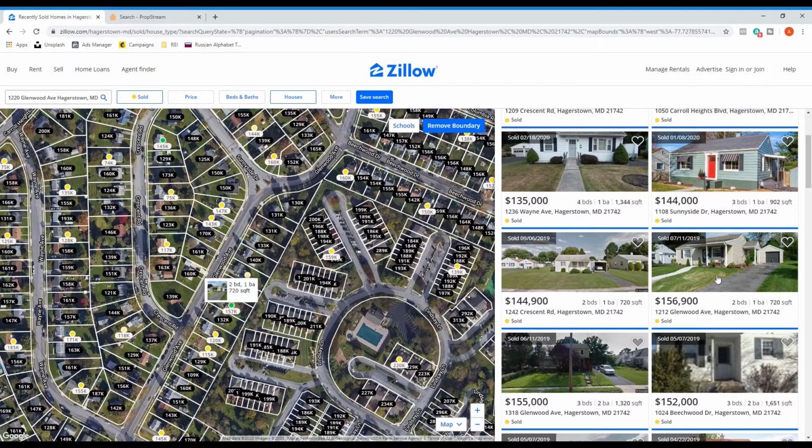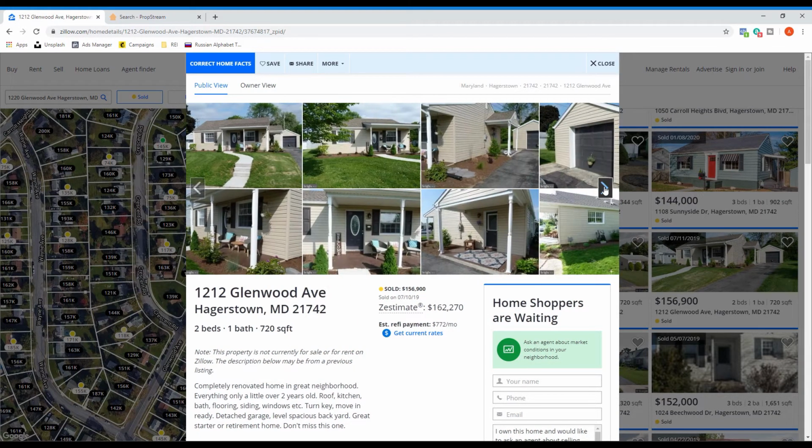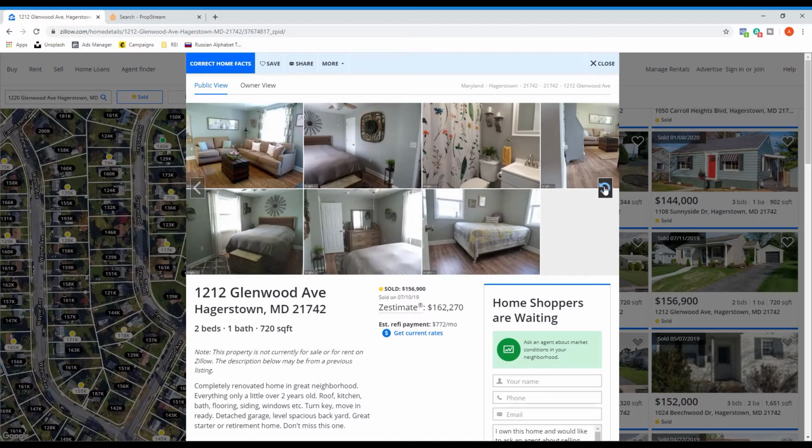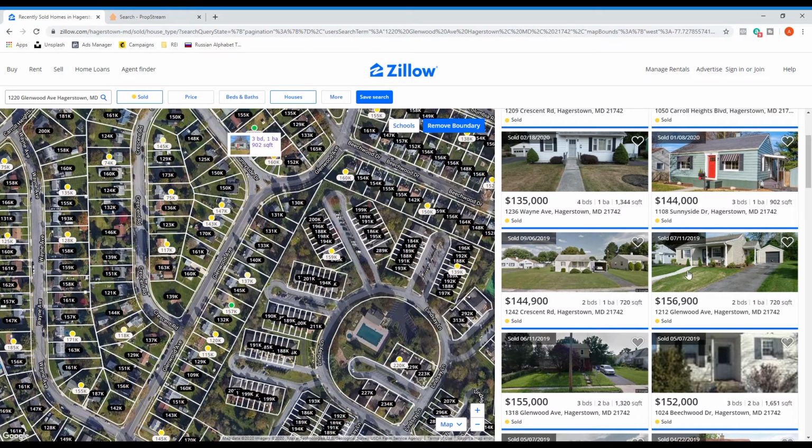But let's see if we can find one. So here, boom, Glenwood Avenue. This is like 3 houses down, and it looks just like our house. Same garage and everything, and it's been completely updated. So this is a very, very good comp. So what we would do is take those 3 prices and average them together to come up with that ARV zone. I like to do like a 5 to 10 grand ARV zone,